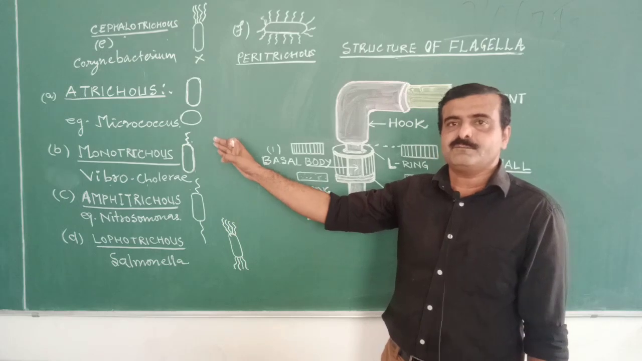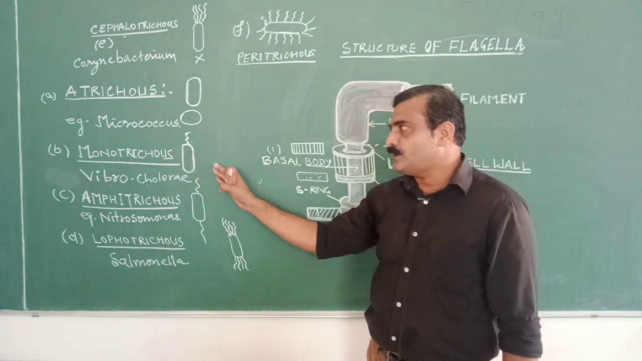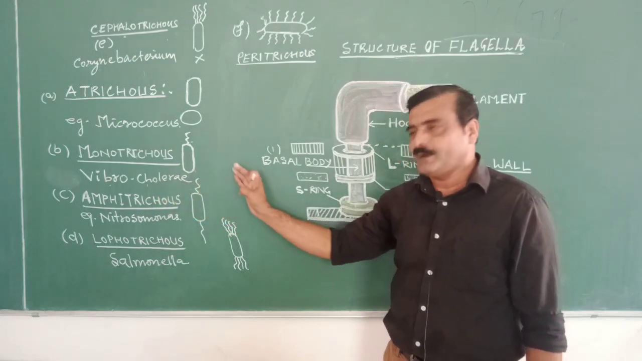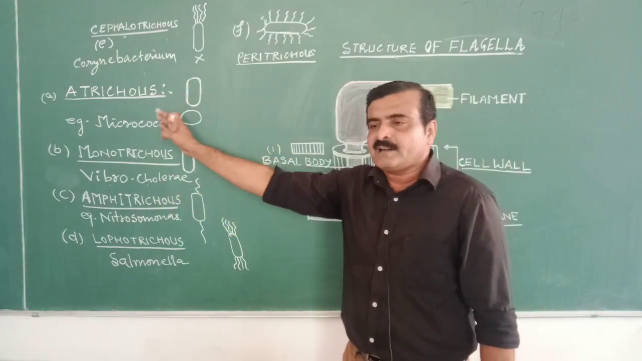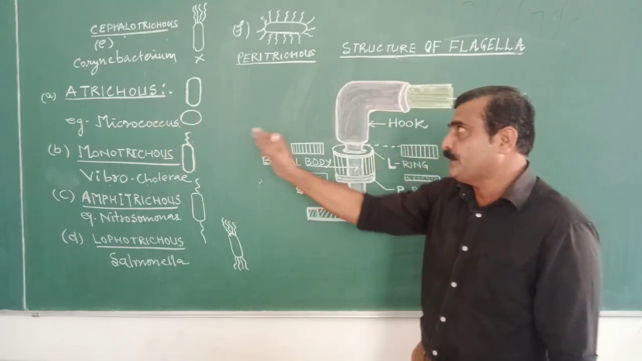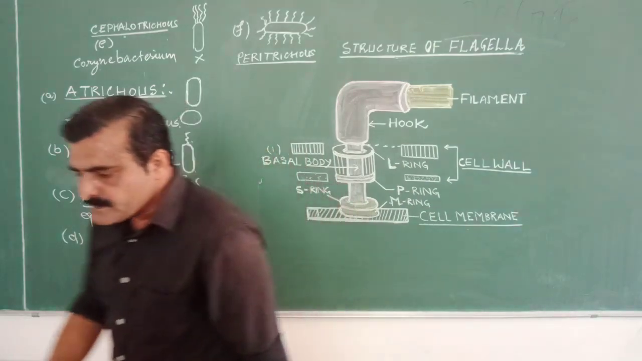And when a single flagellum is present at one end of the bacterium, it is known as Monotrichous. Example is Vibrio cholerae. And when the flagellum is absent, it is Atrichous. Example is Micrococcus. Now, in case of E. coli